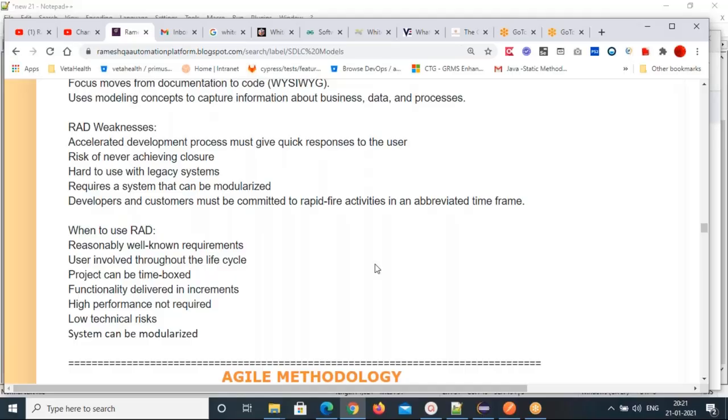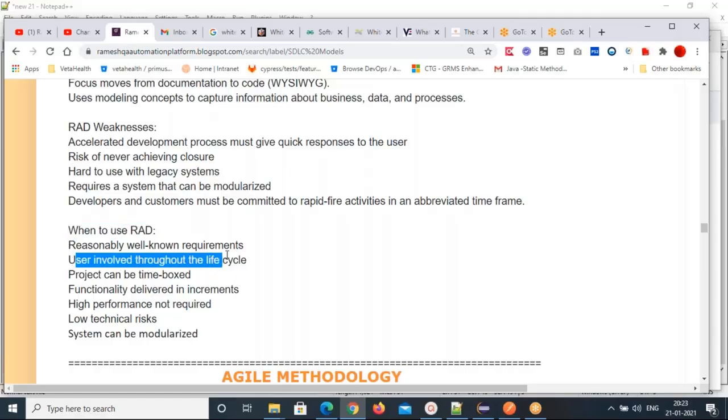Now the points for when you can use this rapid application development model. Reasonably well-known requirements is a common thing. Any project, if you want to start, you need to have requirements properly. User involved throughout the life cycle: the customer will be involved.